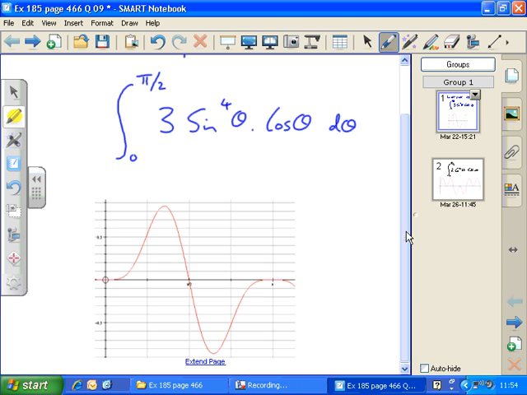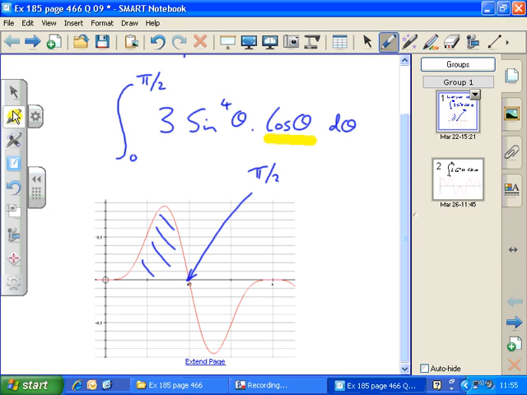So if we look at this point here on the wave, pi by 2, then you can see that's why we're taking the limit of pi by 2. So we're actually finding the area under the curve between these 2 points here. If we look at the wave function just for a second, we can see that